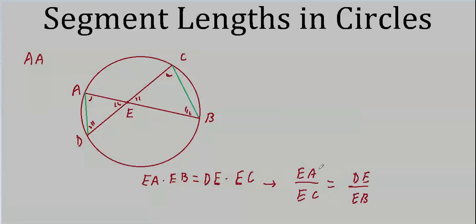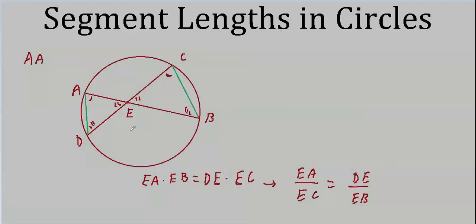But writing it this way, it's more demonstrative of what's actually going on, which is that this segment here and this segment here are in exactly the same ratio as the other two. In other words, these two corresponding segments are in exactly the same ratio as these corresponding segments. I could also write that this ratio equals AD over CB, but that wouldn't tell us anything with respect to this theorem.